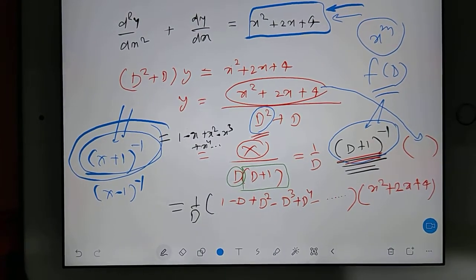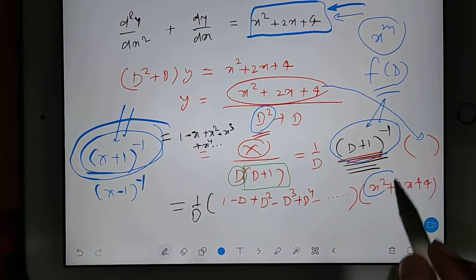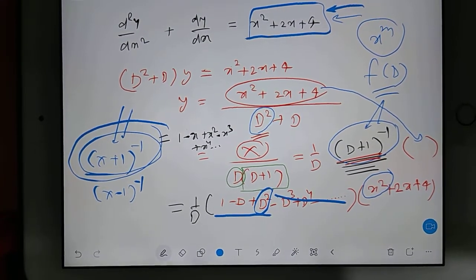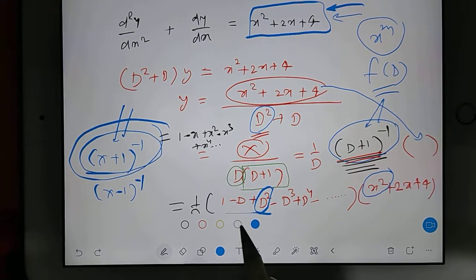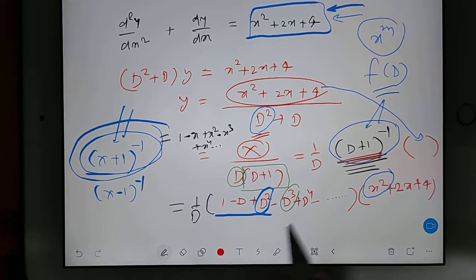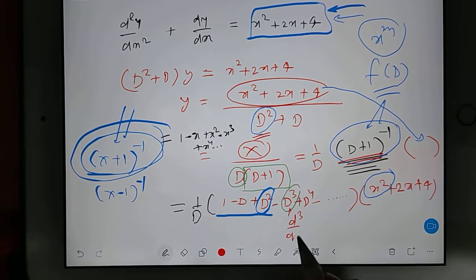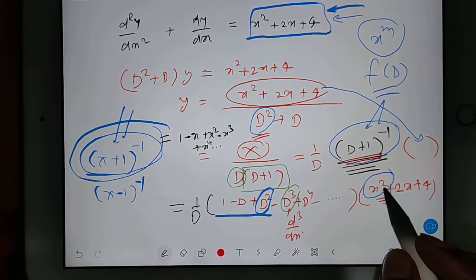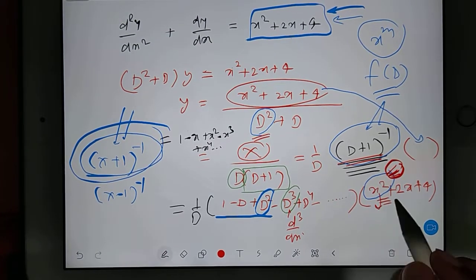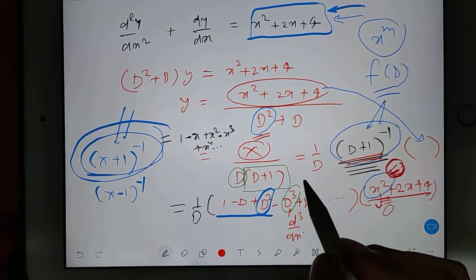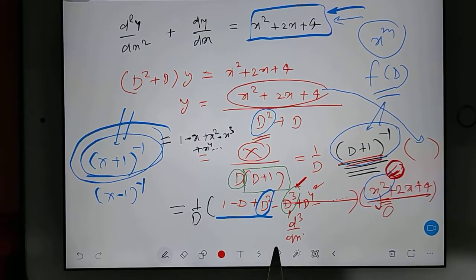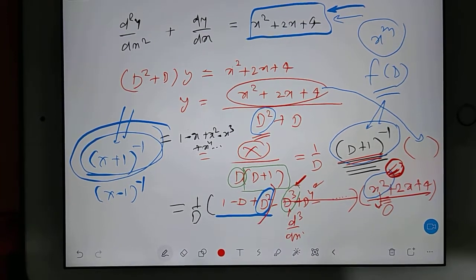Now here we have a condition. The condition is that the maximum power is 2 here. So here also you have to take terms till maximum power 2. The remaining terms you don't have to take. Why? Because d3 means you have to differentiate 3 times, and here the maximum power is 2, so you can only differentiate up to 2 times. If you differentiate a third time, the total will be 0. So d power 3 will also give you 0, d power 4 will also give you 0, all these terms will give you 0. So we are remaining with this much now.